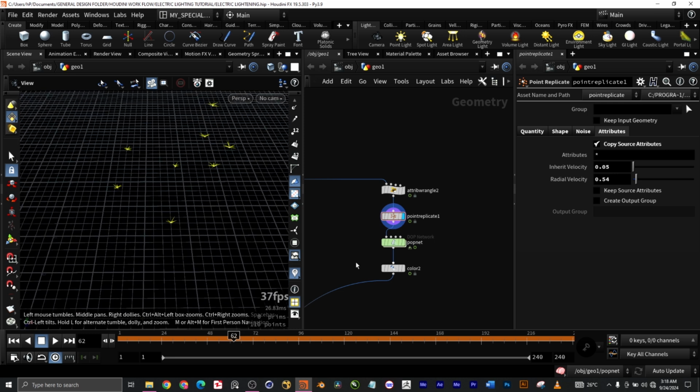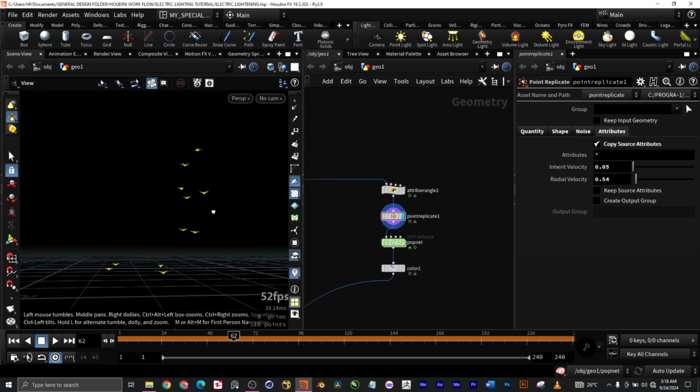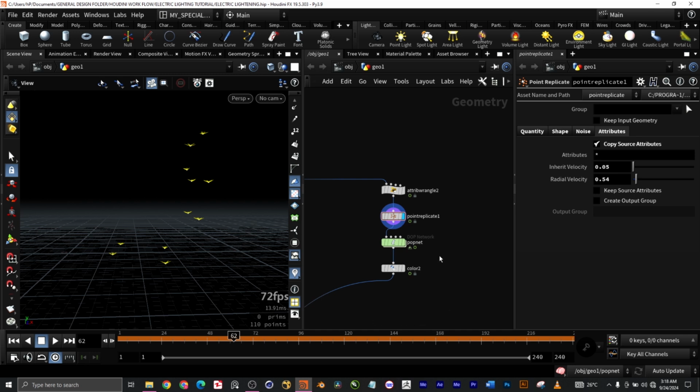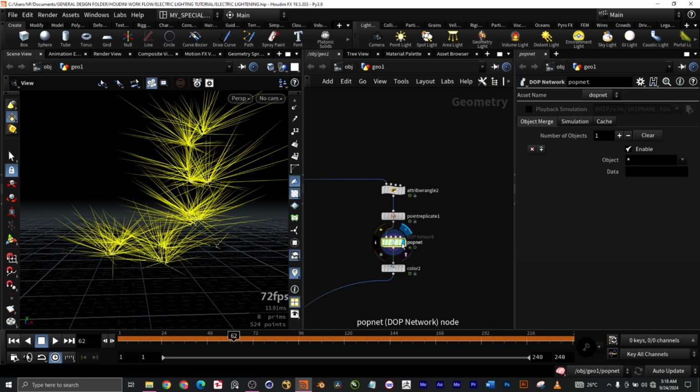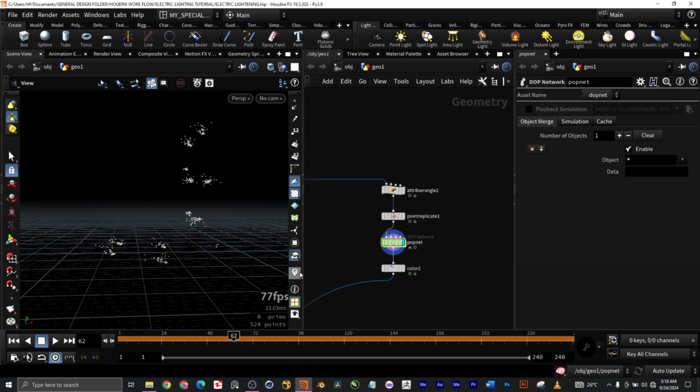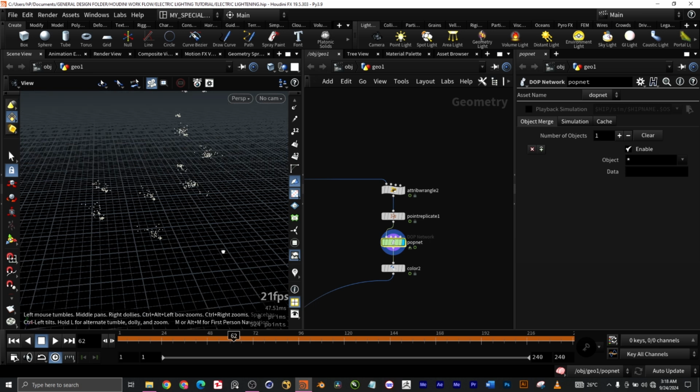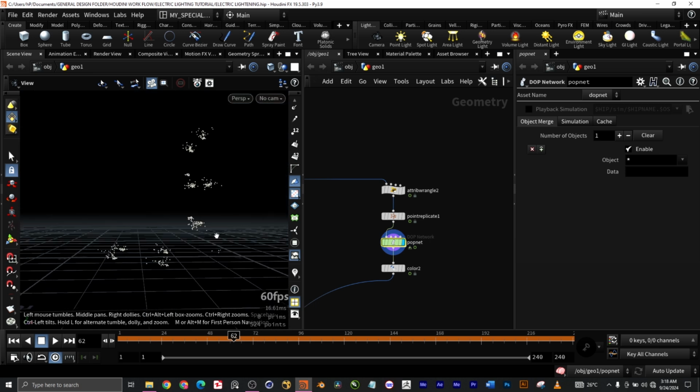So after getting this thing done, we just have to connect our DOP node, our popnet, to it. Okay, so we connected our popnet to it. I'm just going to click this off for us to see what's going on right here. Now you can see